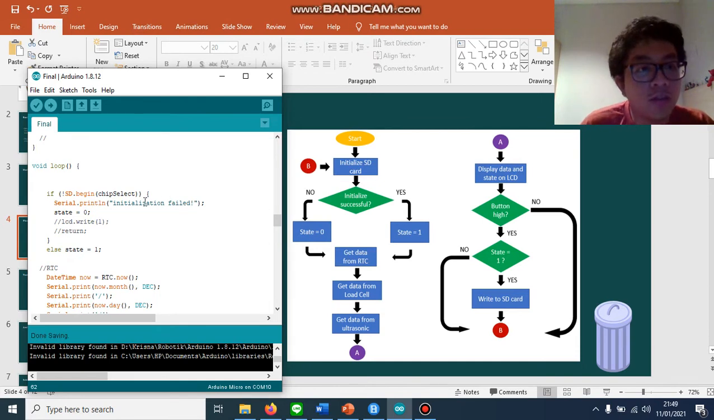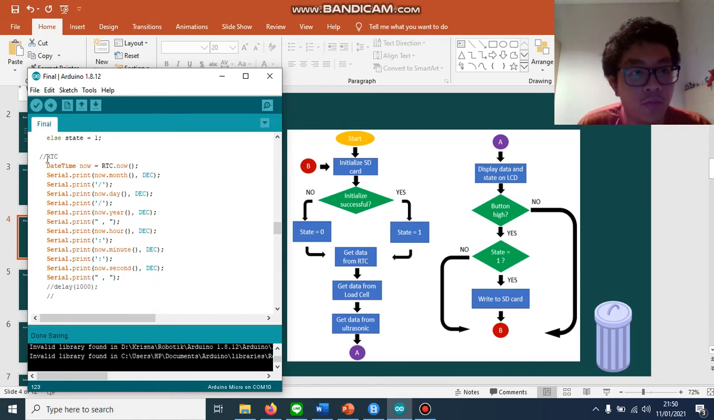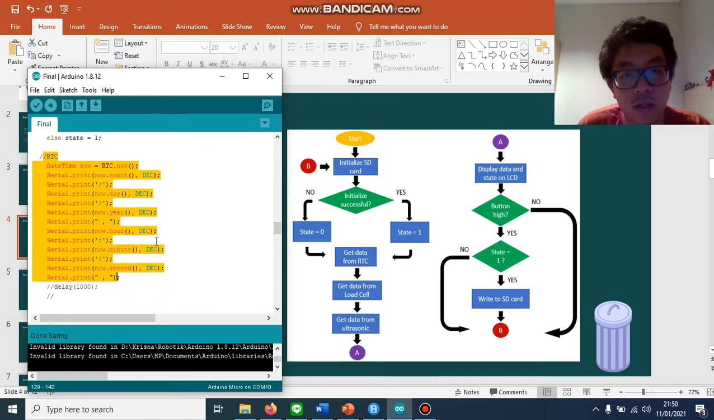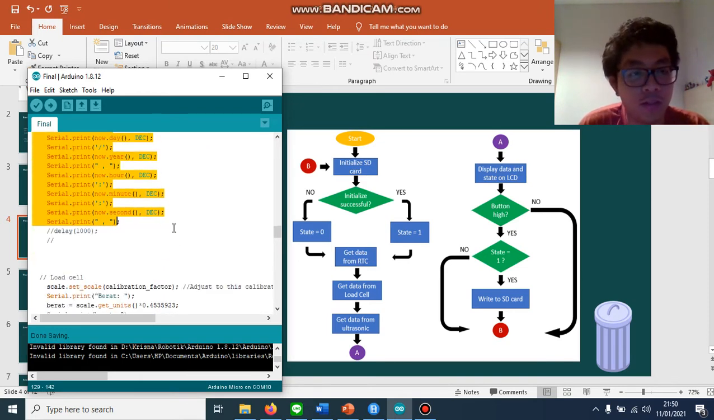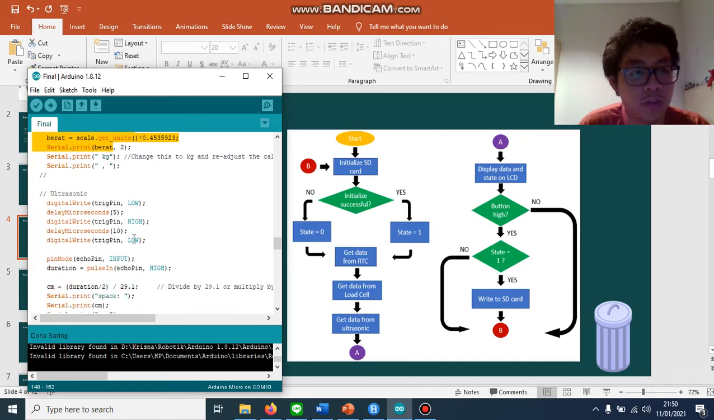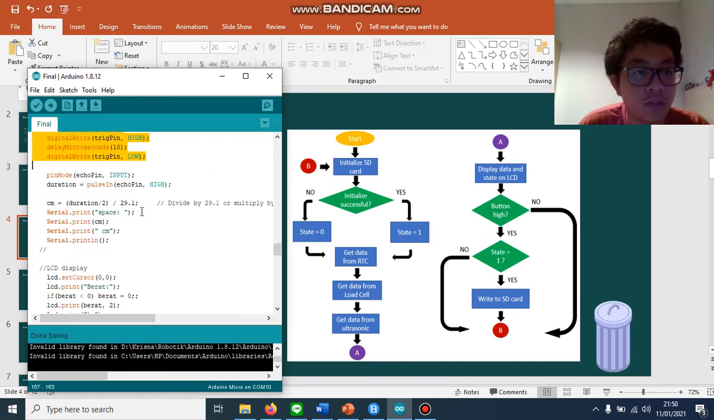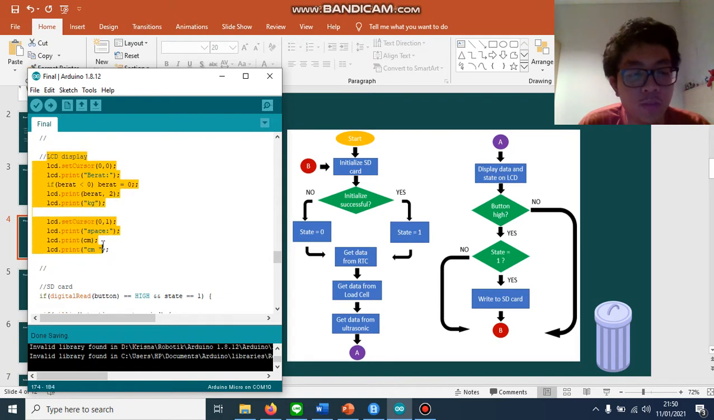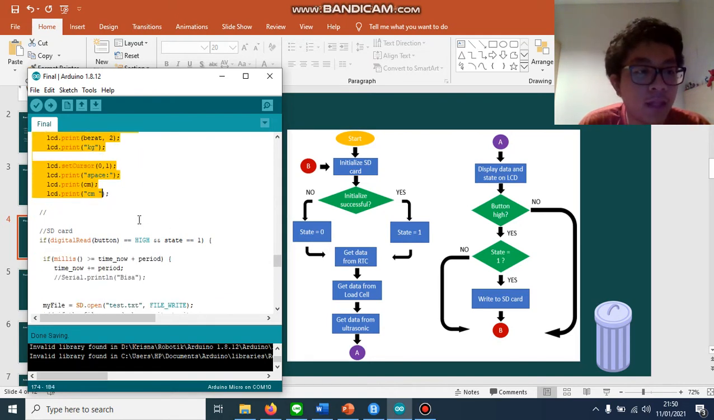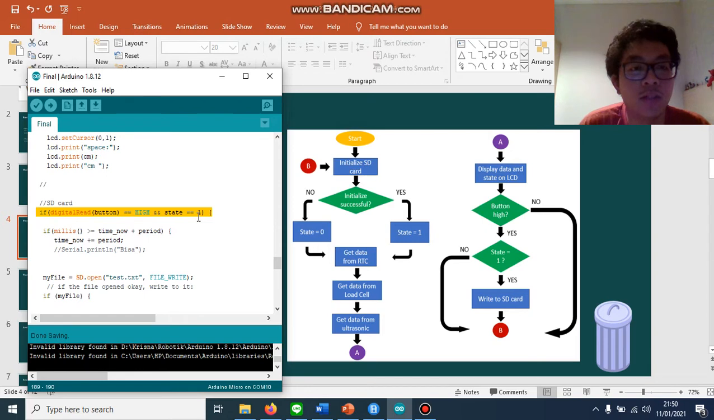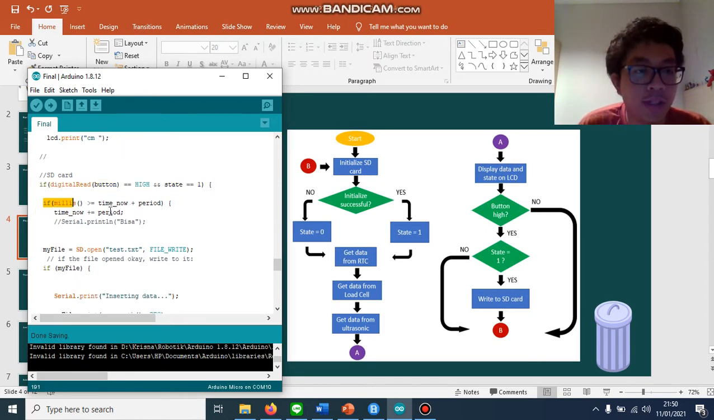As you can see, we first check whether the SD card is initialized. If yes, the state is 1. If no, the state is 0. And then we go to the RTC process, load cell process, ultrasonic process, and the LCD display process. And then we check whether the button is high and the state is high. If yes, it will check the time